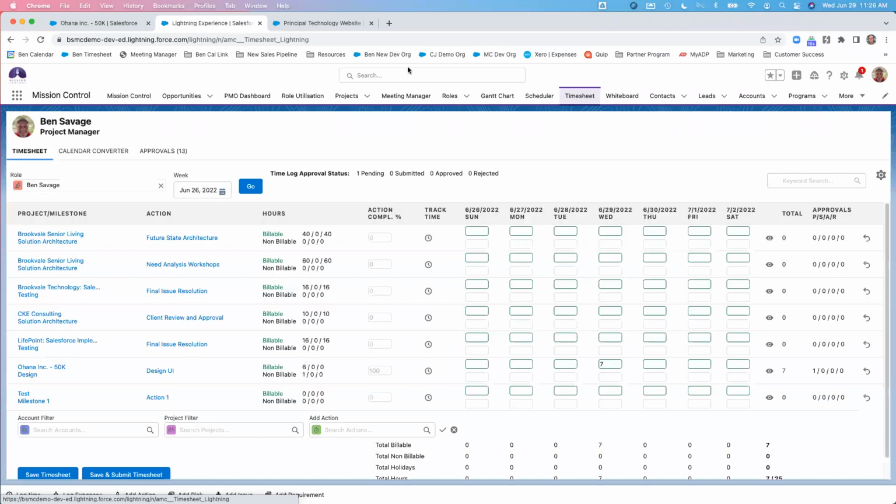So this is loading up. It's showing everything that's been assigned to me, whether I'm an action owner or contributor within that project. And I'm going to log time directly again on that specific action or task within the timesheet. So here I can see I've got Brookvale Living as my project. Solution architecture is going to be the milestone, and future state architecture is the actual deliverable or the action that I'm working on. We're going to go ahead and say that I've worked 2.5 hours here, and I'm going to